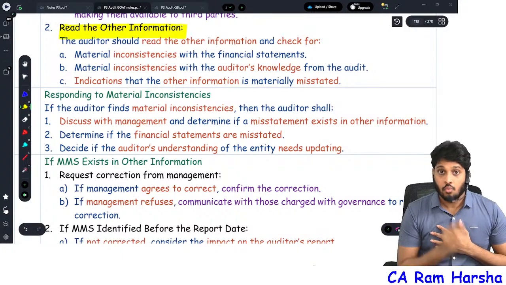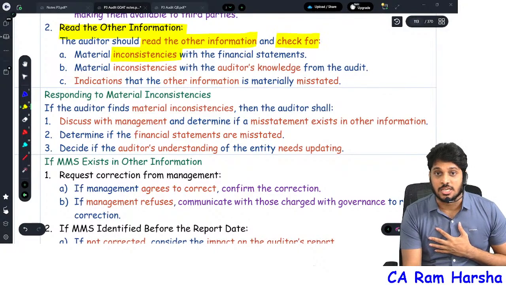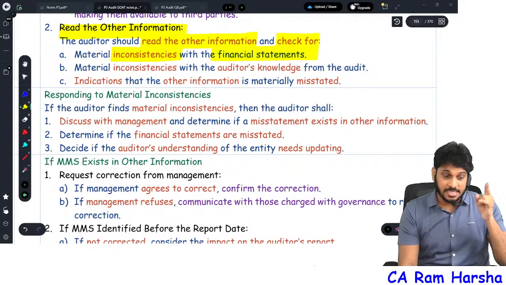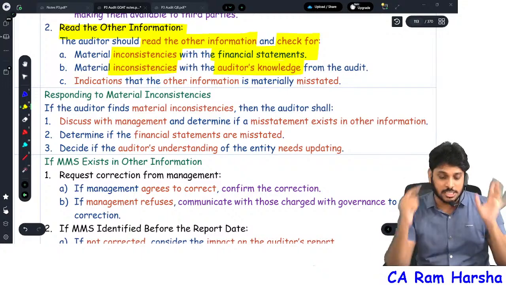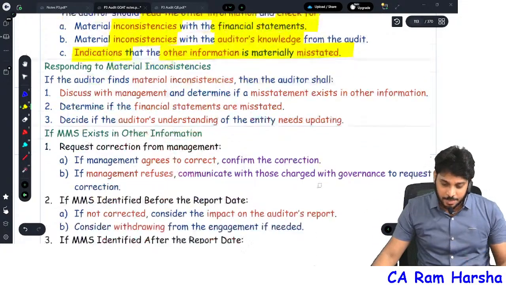Read it. Why are you reading it? To check the other information for inconsistency. Inconsistency with what? Check the other information with the financial statements. Also check for inconsistency between the other information and your knowledge, and for indications that the other information is materially misstated. For example, inconsistency